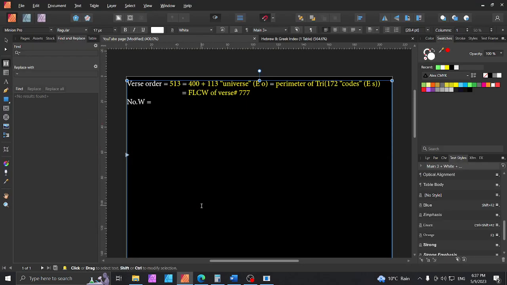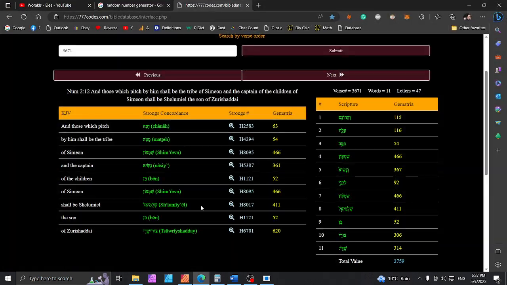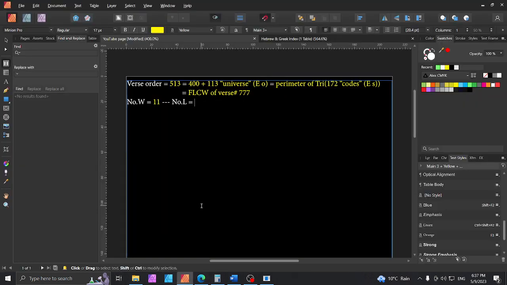That is 11. I don't pick what 11 will be yet. Okay, I gotta get the number of letters also, because a number can have several meanings. It's 47. Okay, yeah, I know what this is. Universe codes and